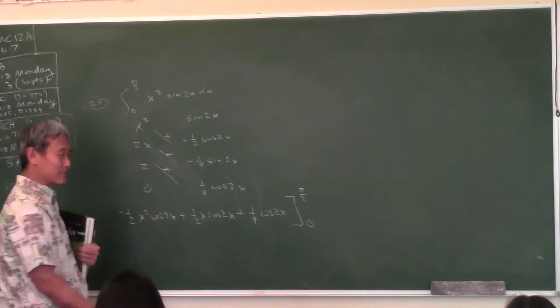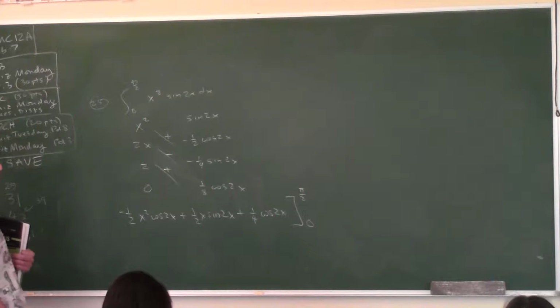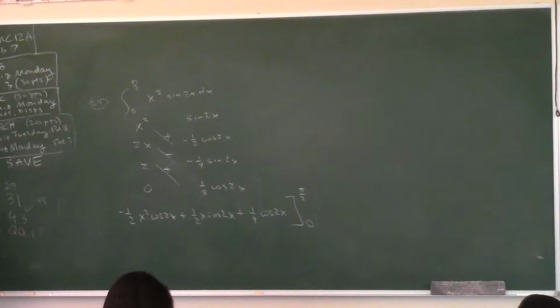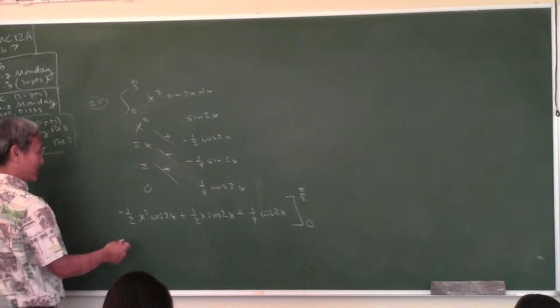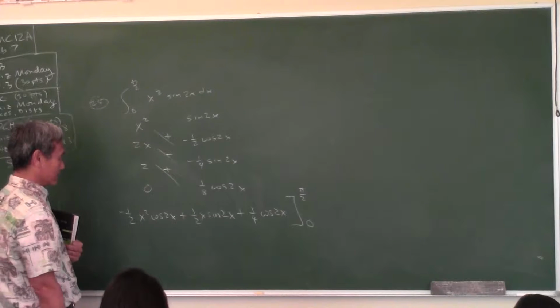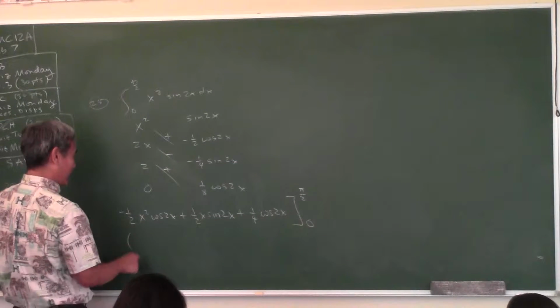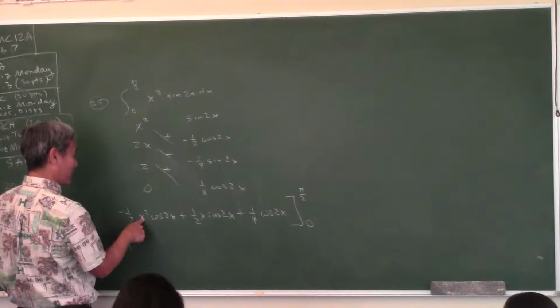How come I don't write the plus c? Because it's going to cancel out. If you want to write the plus c, you can, but it's going to cancel out. So we know better already. Okay, do you need me to plug in the numbers? Yes. All right, if I plug in the first number, you're going to get pi squared over 4